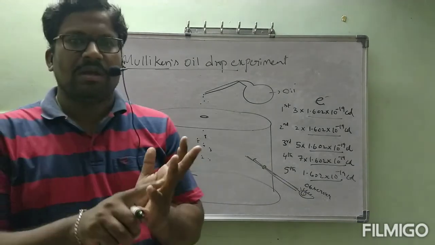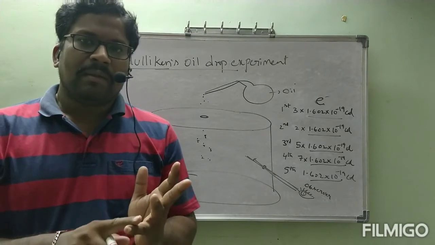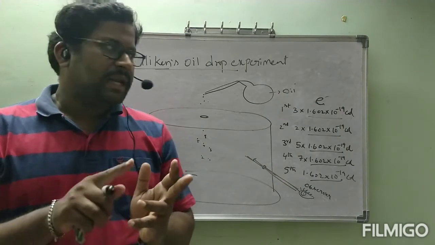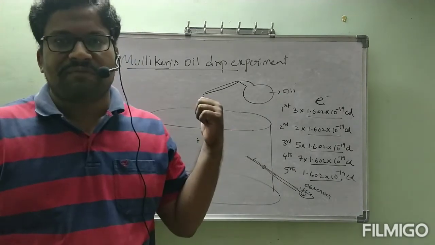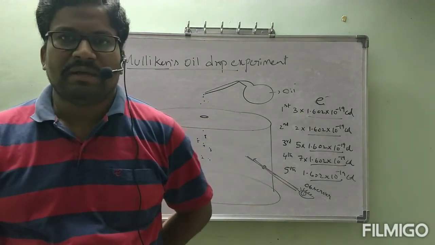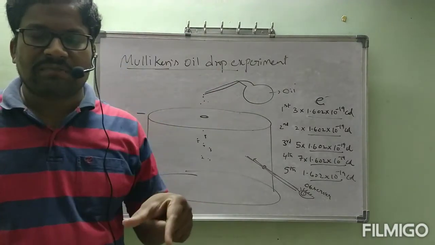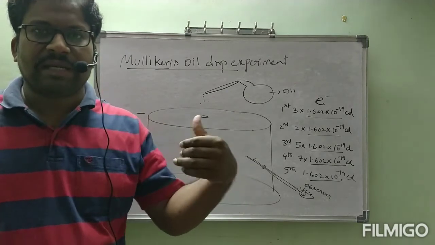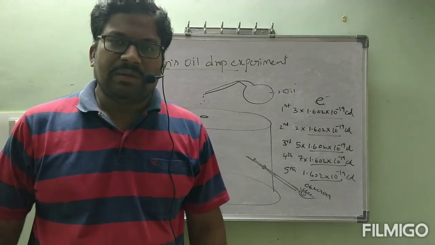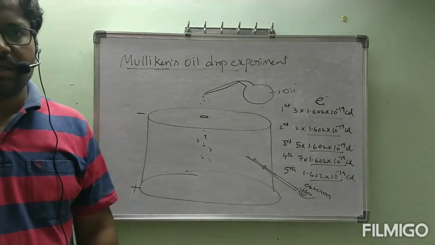First, the e/m ratio was directly calculated by J.J. Thomson by using deflection of cathode rays in the presence of an electric field and a magnetic field. Next, the charge of the electron, 1.602 × 10^-19, was calculated by Millikan's oil drop experiment. By using the charge of the electron and the e/m ratio, finally we calculated the mass of the electron. That mass of electron is 9.1 × 10^-31 kilograms, or 9.1 × 10^-28 grams.